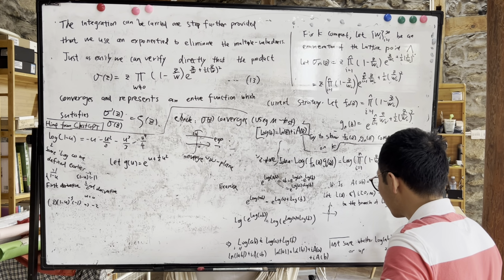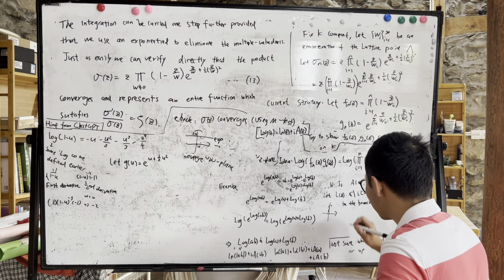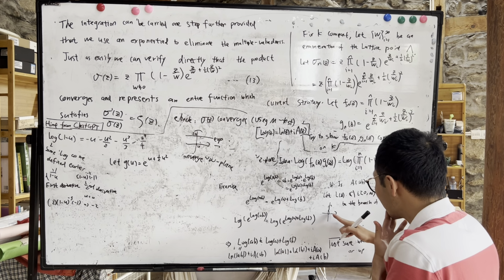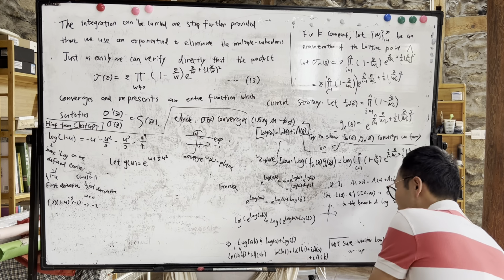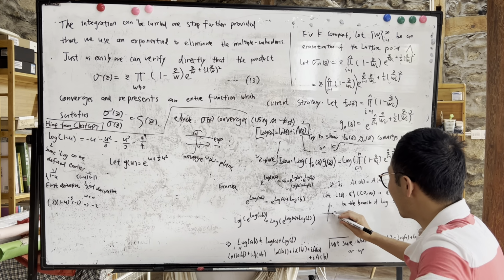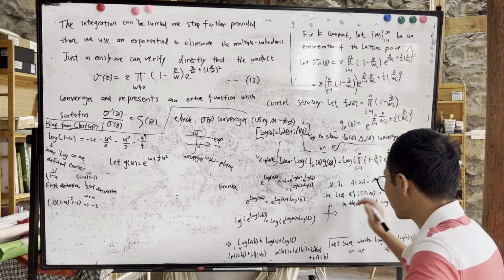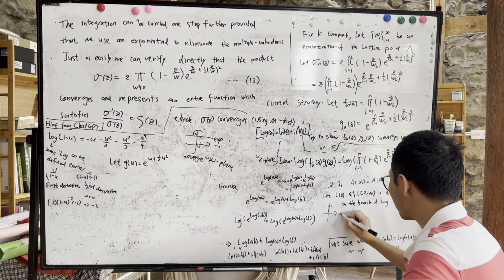So in this case it is well defined, because for each point we have already fixed a continuous choice of the argument function, right? Okay. So then what happens is that